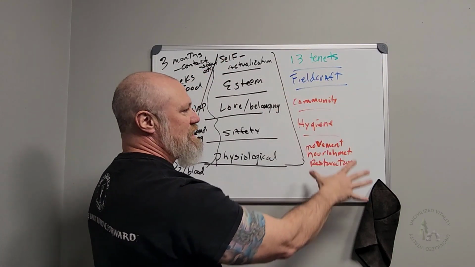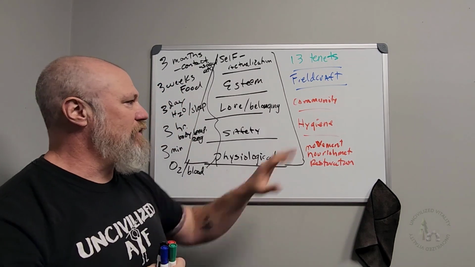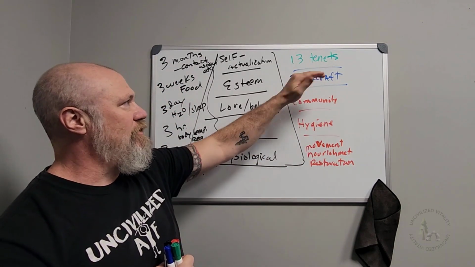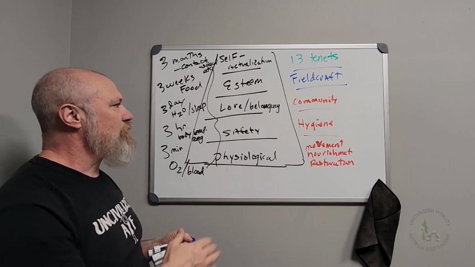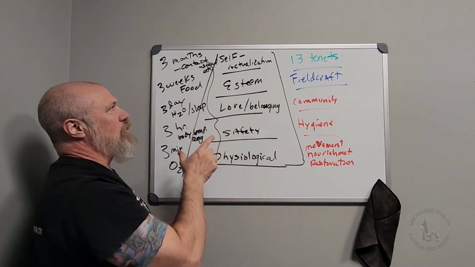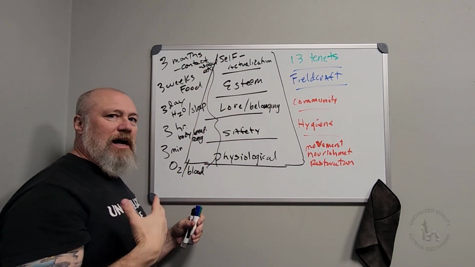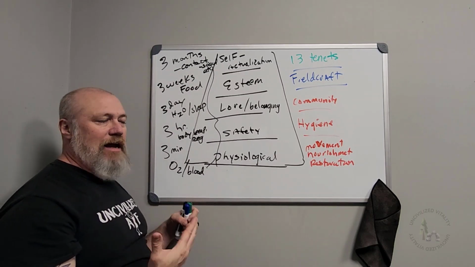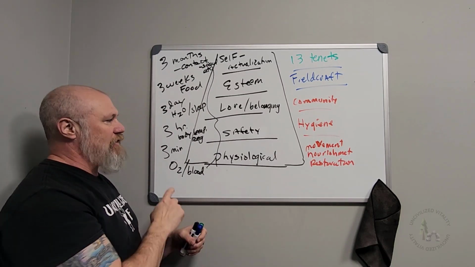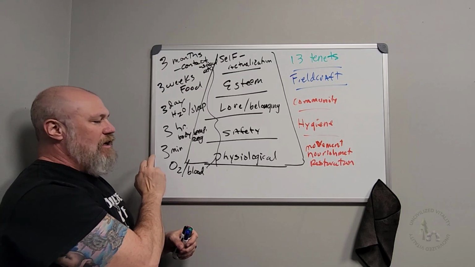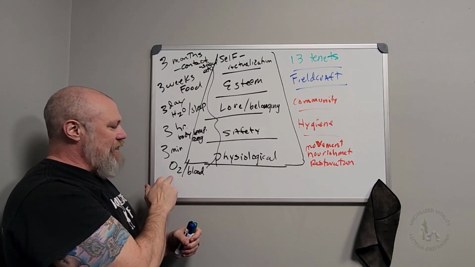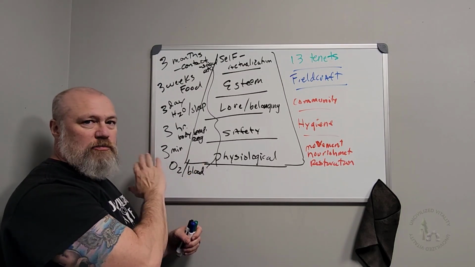Uncivilized Vitality kind of meets these in that order with our division of the health and wellness, 5 vital paths, the fieldcraft or the philosophy. And then, especially out in the fieldcraft, we have our own way to explain to people how to stay safe and healthy and happy in the outdoors or in your day-to-day life by going on the rule of 3's. You've got 3-minute needs. These are oxygen and blood. You've got to deal with that first before anything else.